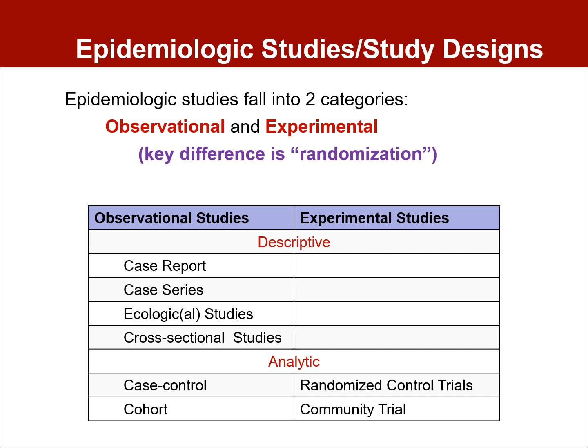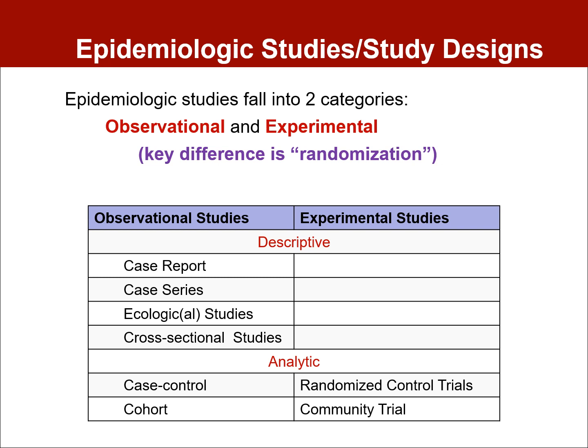Remember from the diagram I made available to you, when you're looking at the hierarchy of the different study designs, we move from case report being the lowest on the hierarchy. We go to case series, then to ecological studies, which have their own benefits and uses, and then